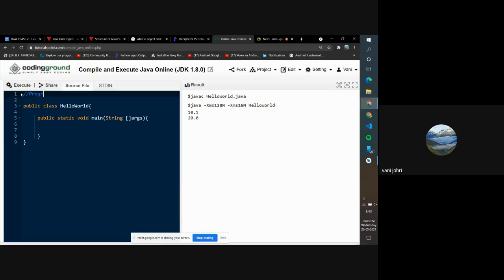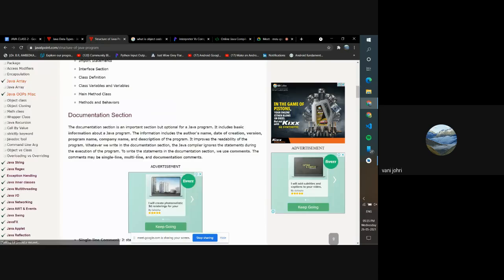Program to add two numbers. That's what we're doing. This is the documentation. Somebody will open it now and know, okay, they are writing a program to add two numbers. The documentation section is added by using